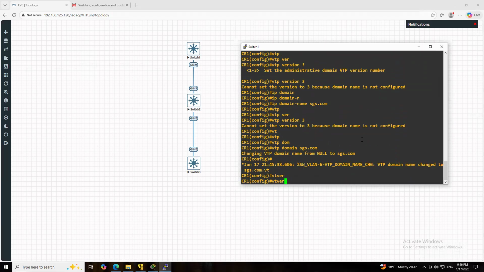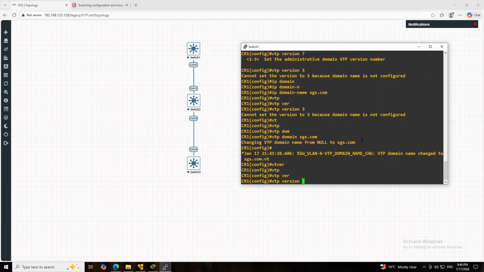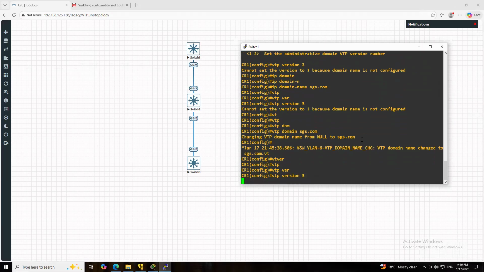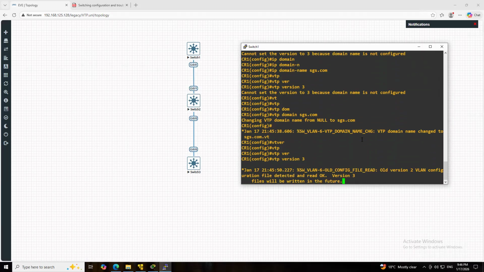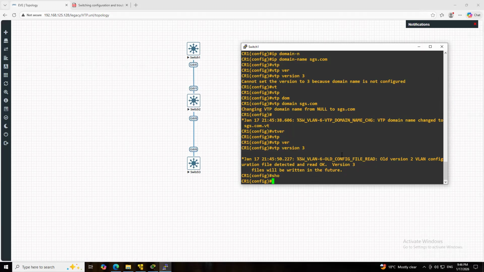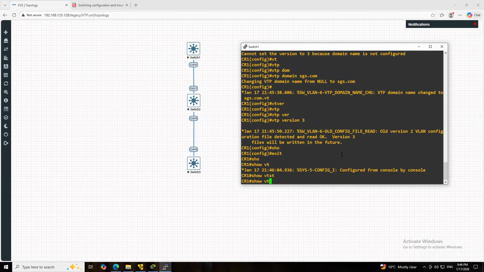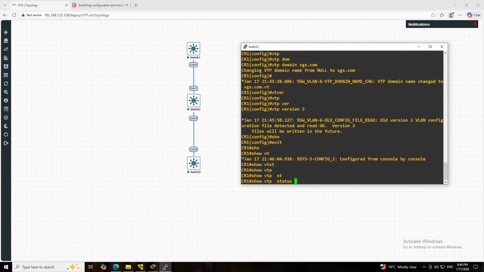Then VTP version 3. Then show VTP status.